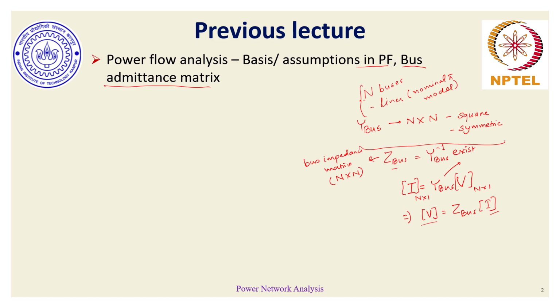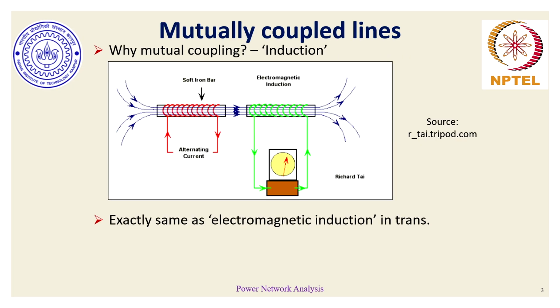We'll expand that discussion today for considering the effect of mutually coupled impedances and transformer taps. So let us try to understand what this mutual coupling is and why this coupling exists at all. I have taken a very simple example, with the figure taken from a particular source, wherein there is a source giving out alternating current, and this current is passing through a solenoid